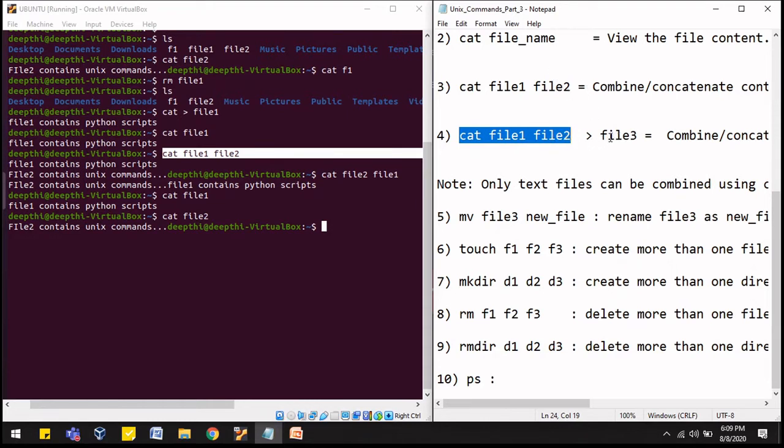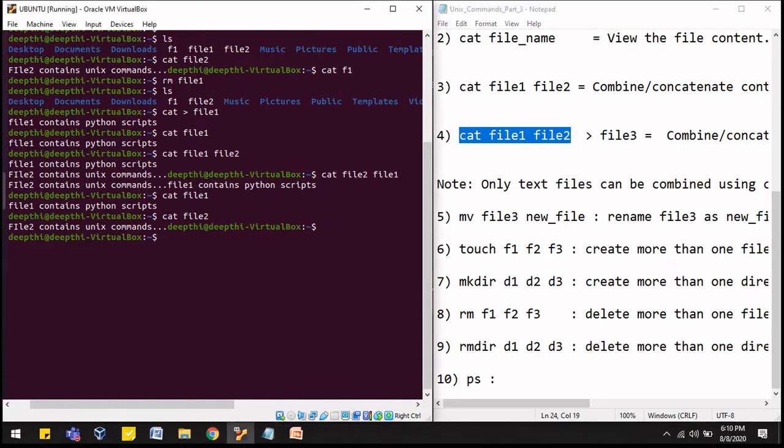But if I want to write it into another file, let's say file 3, this operator will allow us to create a file 3, and this command will help us to merge the content of this into the file 3, right?